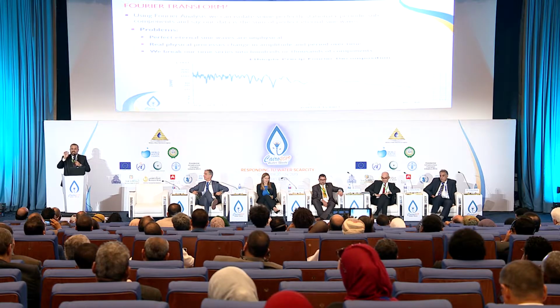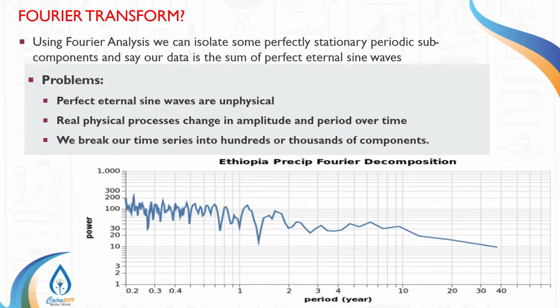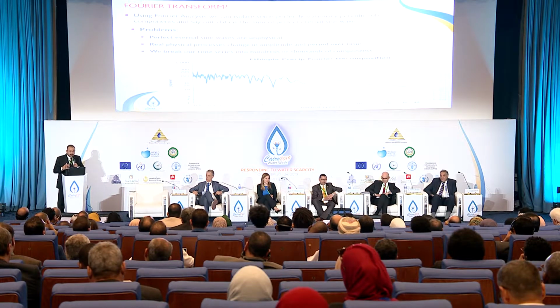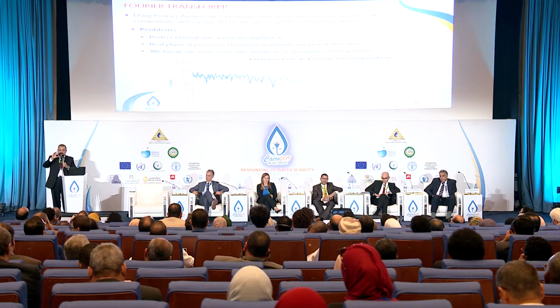So first thing to do, let's take a look at Fourier transformation. I'm gonna get a little bit technical, I apologize for that, but it's gonna be short and sweet. Looking into Fourier transformation here, you can see that Fourier is able to identify the most dominant frequency, the biggest cycle, which would be like seasonality, where it would be like half a year, a quarter of a year. So you can really look into something which is happening more frequently, but again, there is no stationarity in it. You cannot say that it's going to be happening frequently every single year in the same magnitude. So it's not going to be easy to identify that.